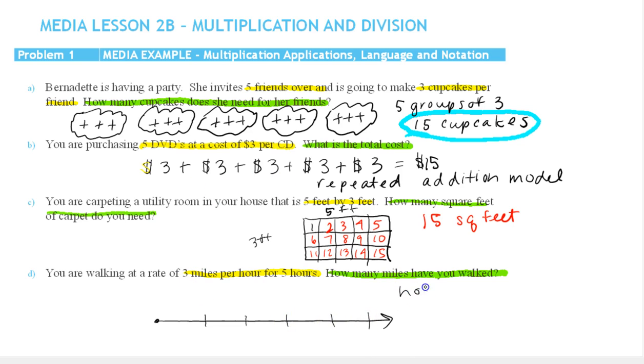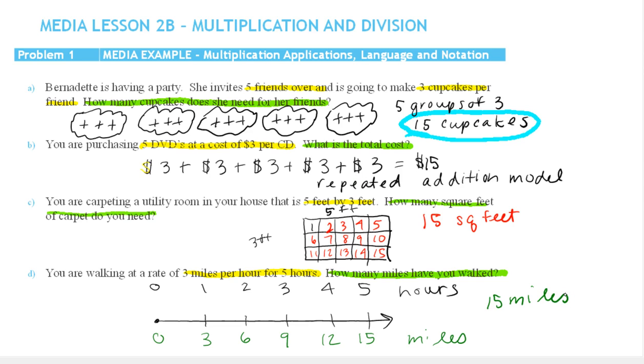Up here I'm going to label this in terms of hours. So this was 0 hours, 1 hour, 2, 3, 4, 5 hours. And on the bottom I'm going to label the number of miles you have traveled in total, so the accumulated distance. At 0 hours you've gone 0 miles. Since you're going 3 miles an hour, after 1 you've gone a total of 3. After 2 hours, you've gone 3 more miles from 3, which is 6. At 3 hours, you've gone 9. 4 hours, 12. And at 5 hours, you've gone a total of 15 miles. So you have walked 15